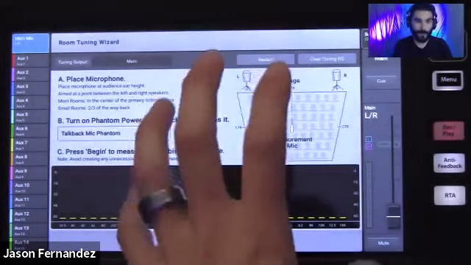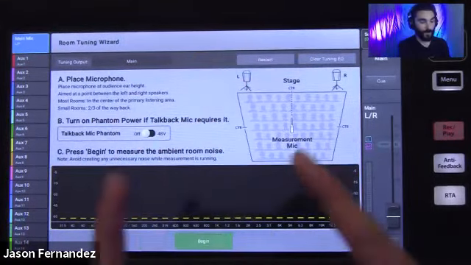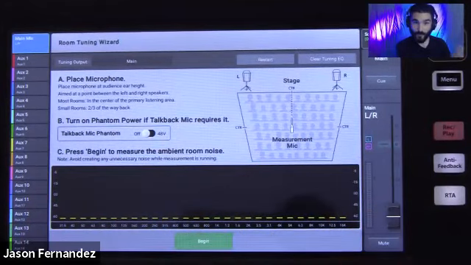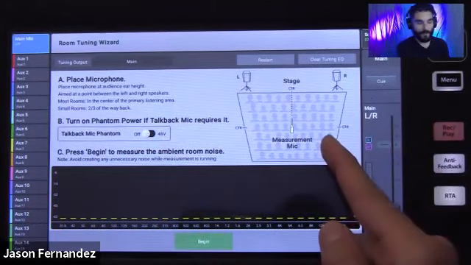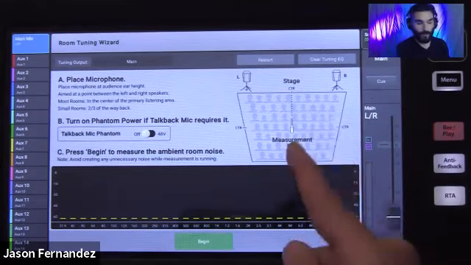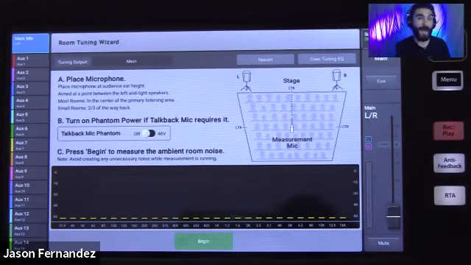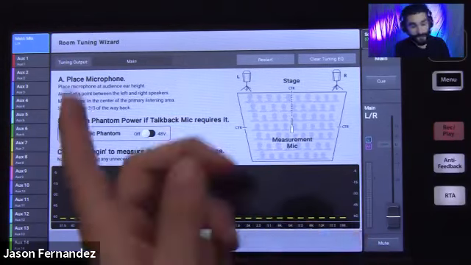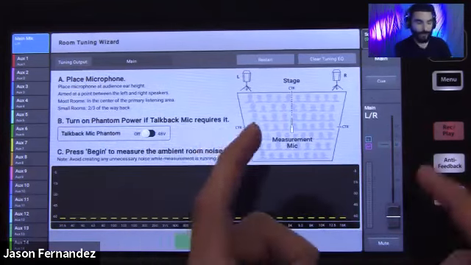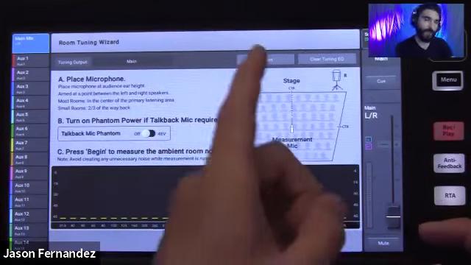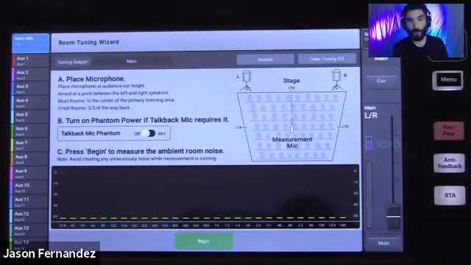It's going to take its measurement here, and then it's going to present you with a different diagram. It's going to take that calculation and store it, and then it's going to give you a different diagram and say, okay, now move the microphone somewhere else. Move it over here. Then it's going to listen to that and make a second calculation. And then if you're using the highest value here, it's going to store that calculation and then present you with a third graph and say, okay, now move the microphone here. Then it's going to make another calculation, and then it's going to compare all of those calculations and present you with the most accurate tuning curve to tune your PA with right there.